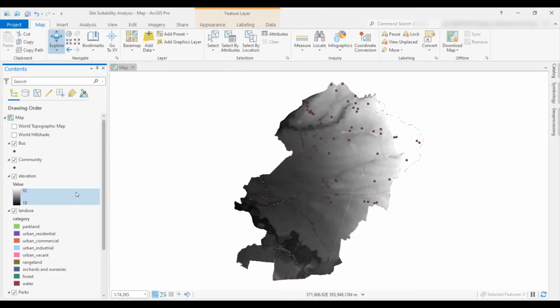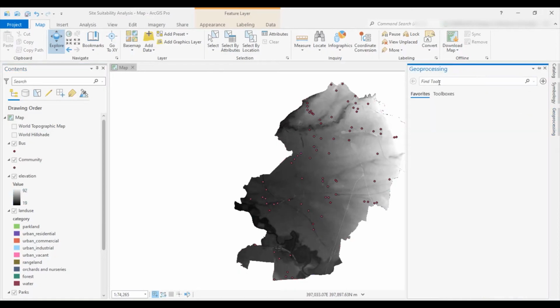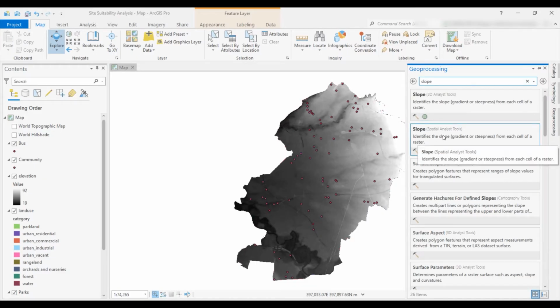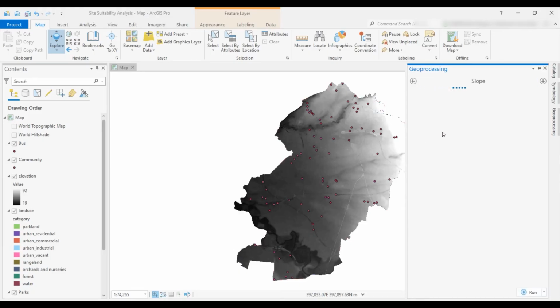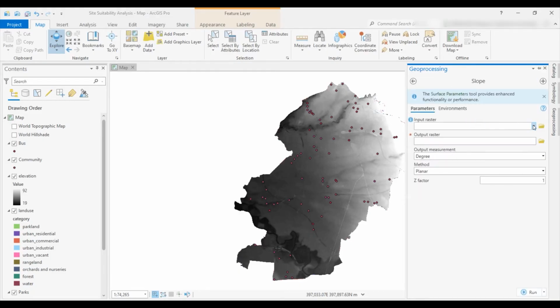Now first we need to find the slope of elevation. For slope, go to the geoprocessing and write slope here, and click on this spatial analysis tool, slope. Add the input feature. Click on elevation. Set the z factor as 0.3048. And if you want to know why we use the z factor as 0.3048, click on this informatory icon